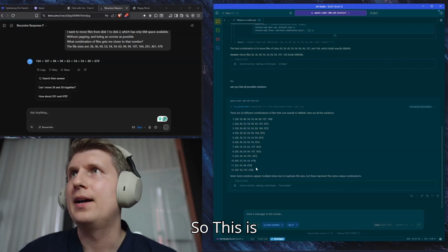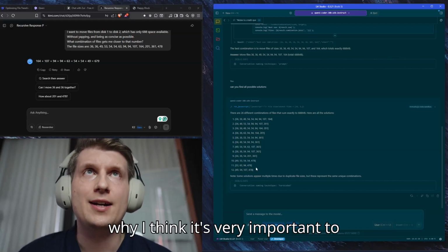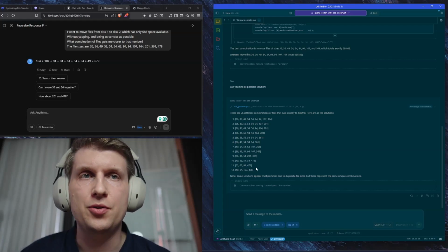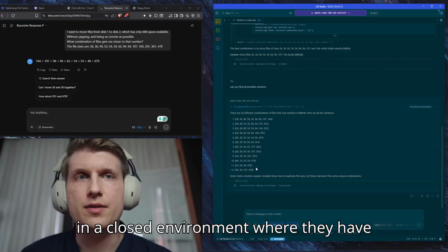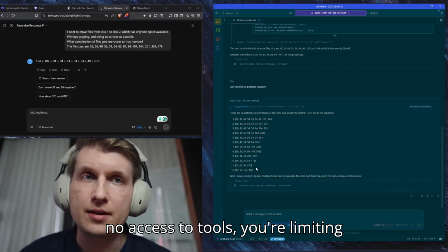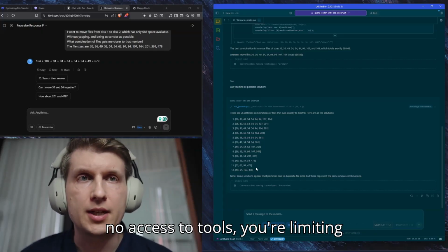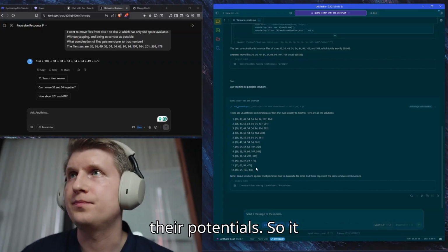So this is why I think it's very important to not just use these AI models in a closed environment where they have no access to tools. You're limiting their potential.